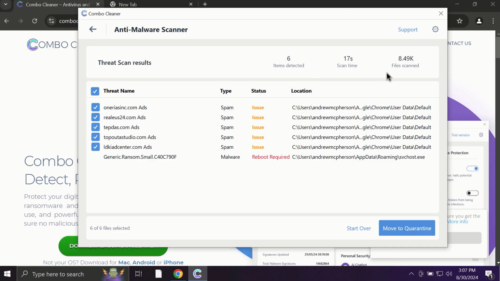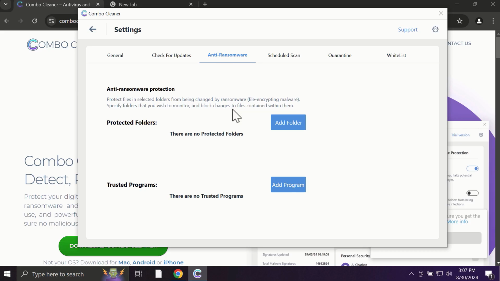Based on the summary of threats, you'll be able to know the information about the locations of threats. Some threats can be removed manually, but definitely I recommend you to consider upgrading to the premium license. With premium license, for instance, there is an excellent anti-ransomware feature which helps to always keep your data protected. You can add certain folders on your system, and the contents of these folders will be always under the protection